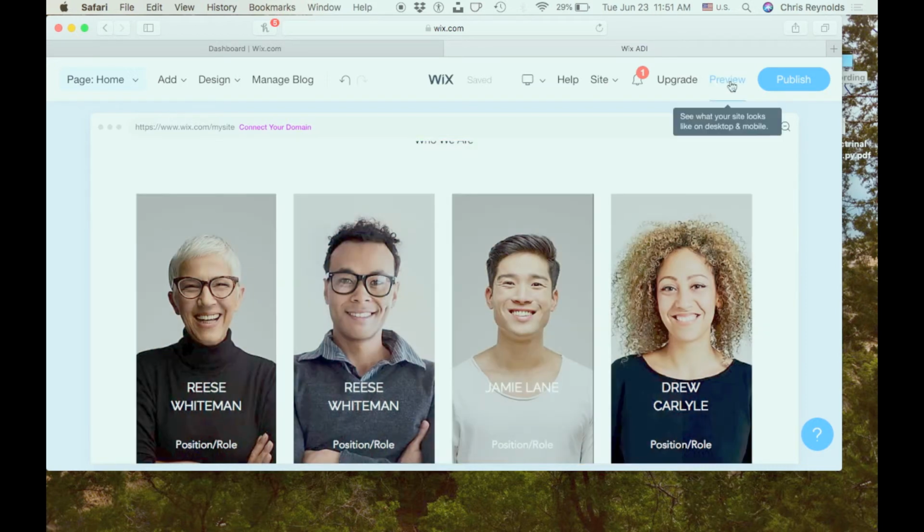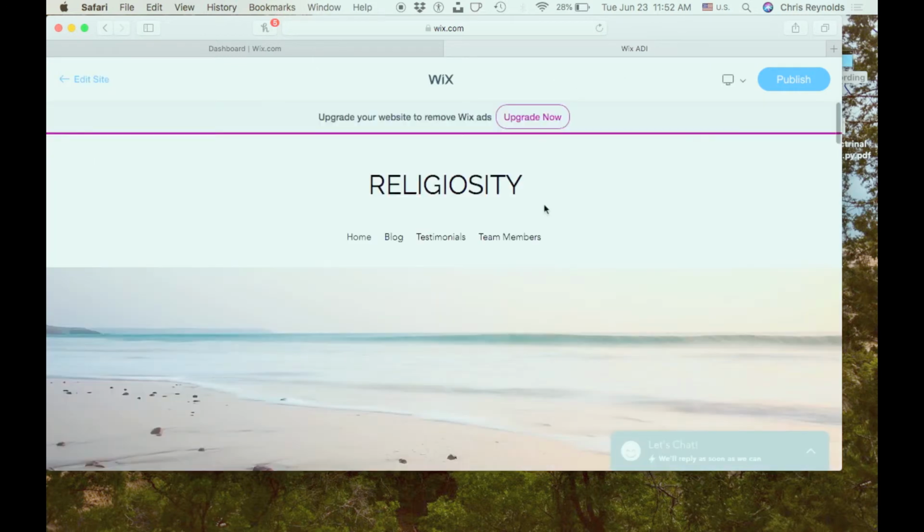Now I'm going to click the preview button. If you want to see any animation, you actually have to go into preview. So let's click on preview. Now let me show you animations when I scroll down on the website,